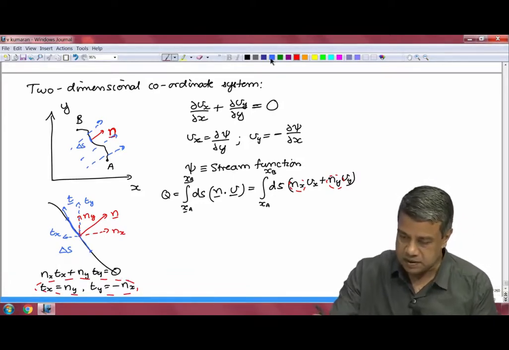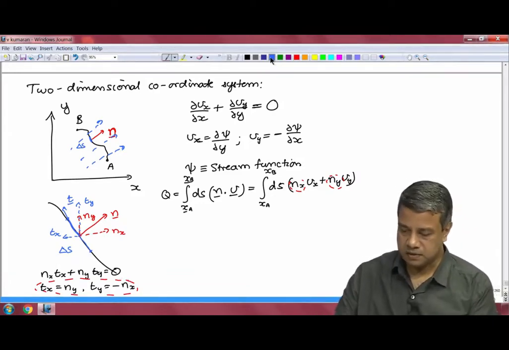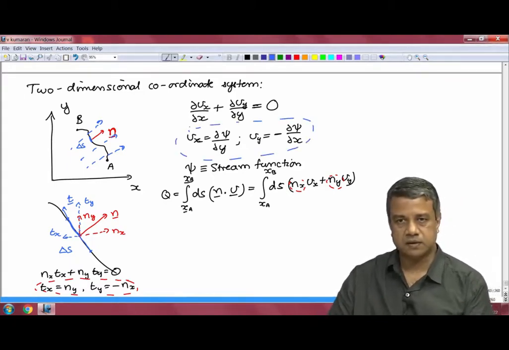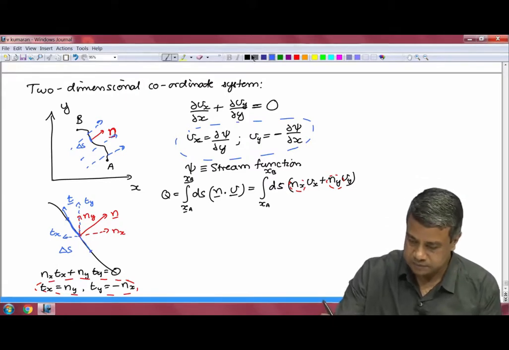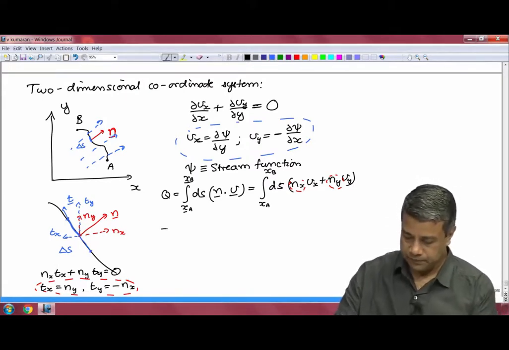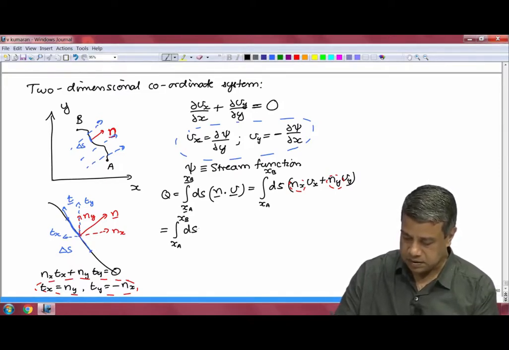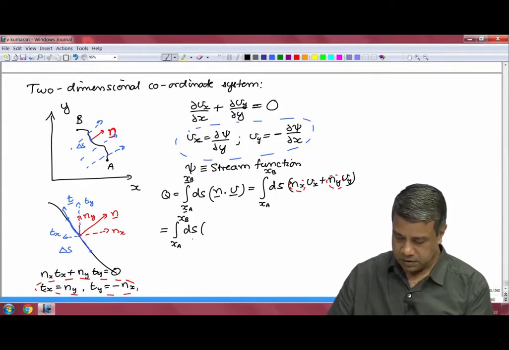For the velocities, I will substitute in terms of the stream function from here. So, this is the integral between x a and x b, ds, nx is equal to